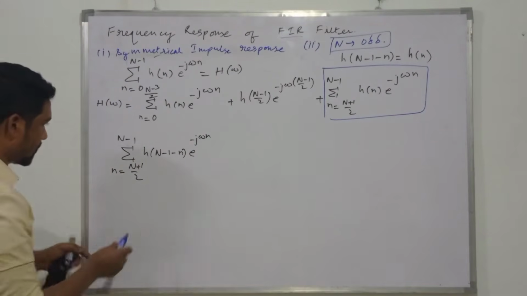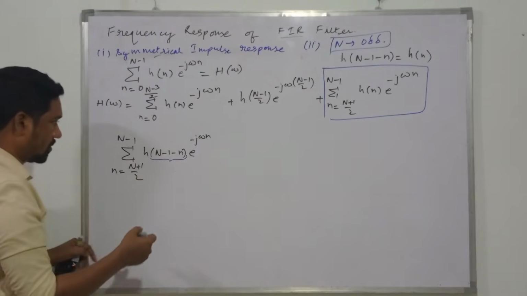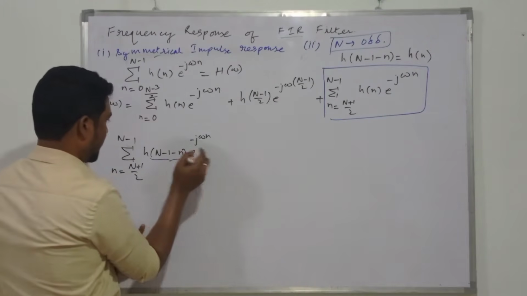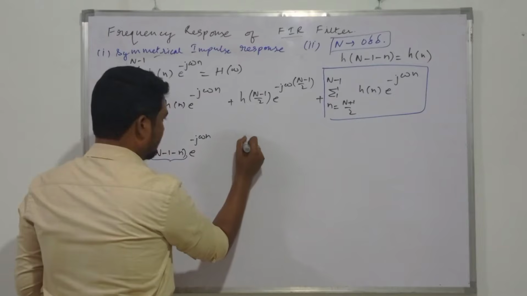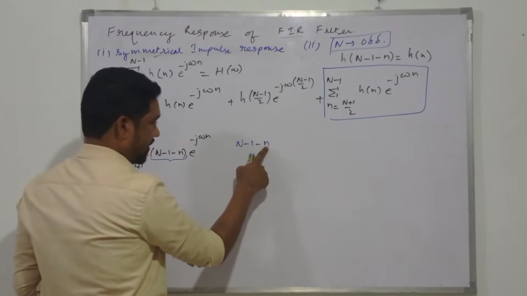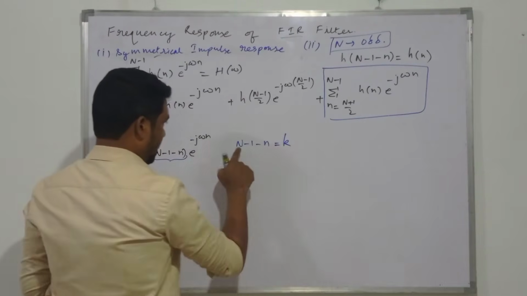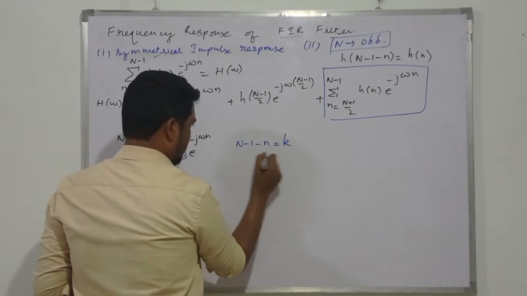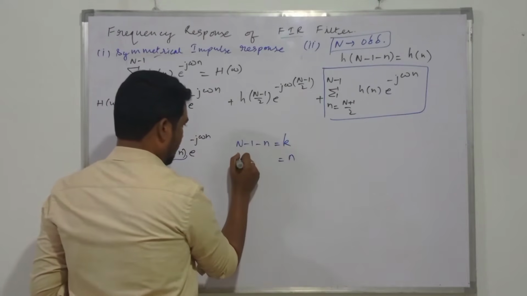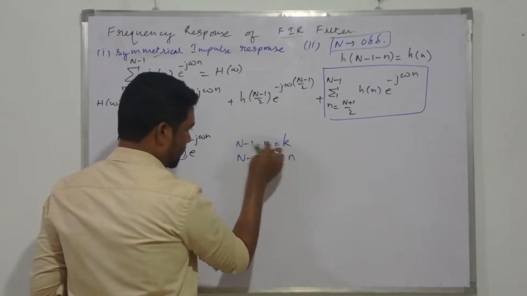Okay, so guys, this one in the bracket, h of n for the summation, we are going for another index, some change, plugging in some other index over here. Let N-1-n, with N the length of the filter, be k. And from here, what will n be? It will be n equal to N-1-k. What did I do? Just shifting this one to that side and this one to this side.